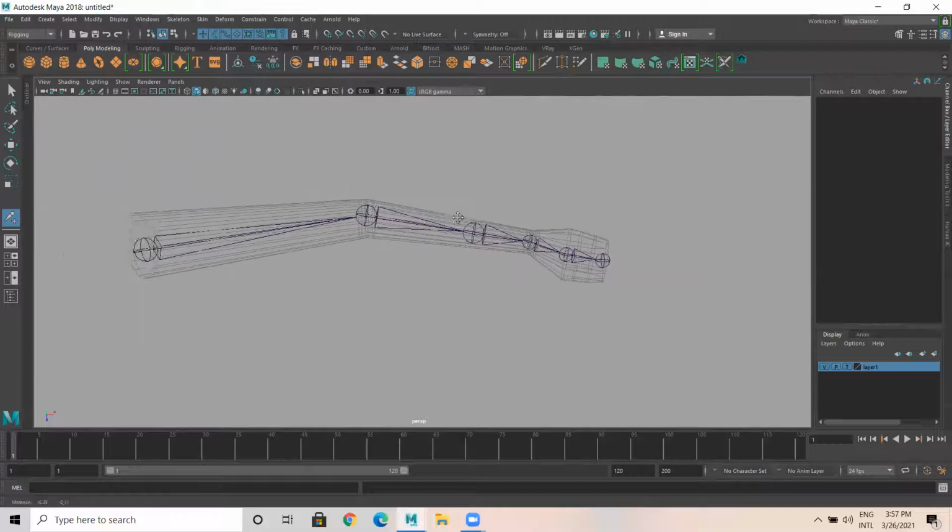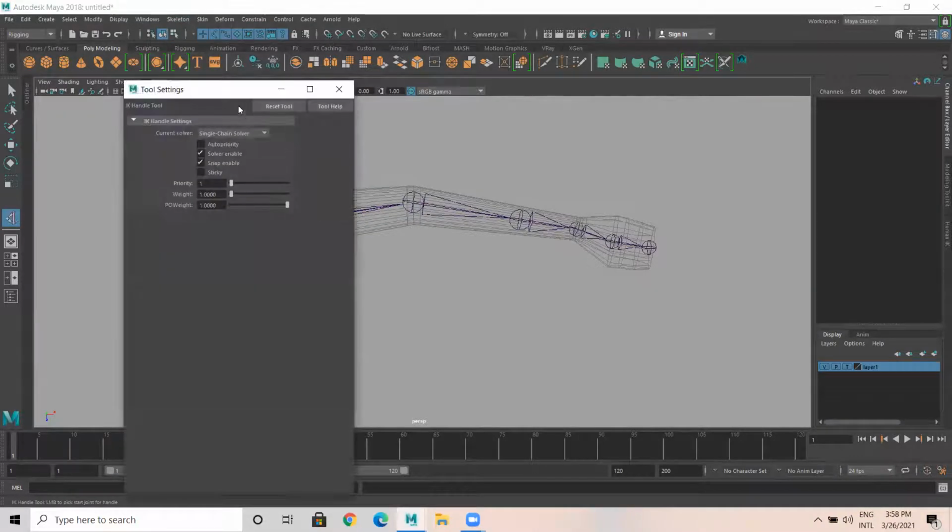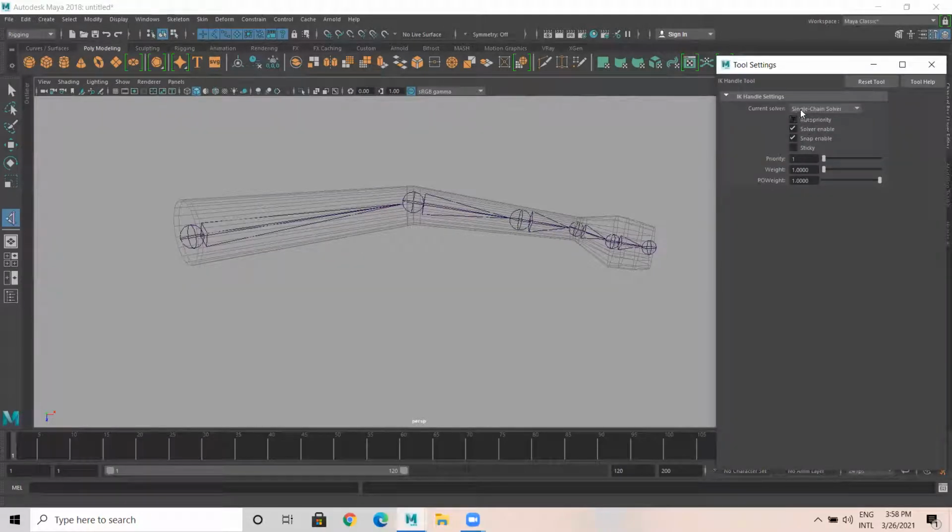So how do we bend our hand? You stretch your hand, then you bend. You can see there will be a bend at the elbow, and then later at the wrist. Your wrist will bend, your elbow will bend. These are the two things. For this, there are two types of animation rig we can do for the hand. One is FK, that is forward kinematics. Another is IK, that is inverse kinematics. Let us do IK first. Go to Skeleton, Create IK Handle, option box. Now take RP, Rotate Plane Solver.